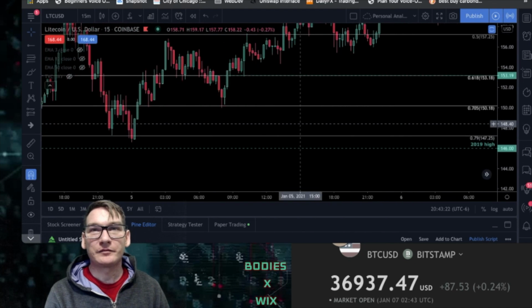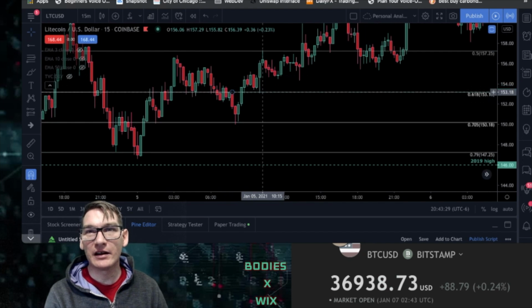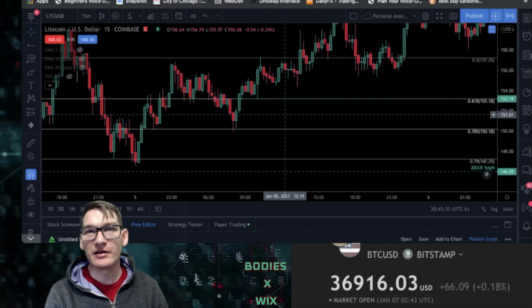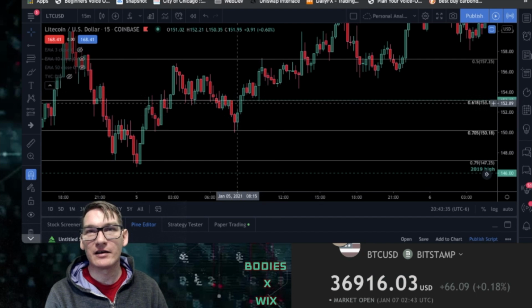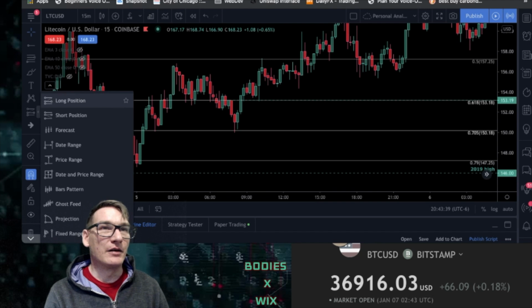Now it did come up, and it did come back down and enter that level a little bit, but it didn't enter it too much. So which means it didn't mitigate, right? So what do I mean by mitigate? I mean whenever